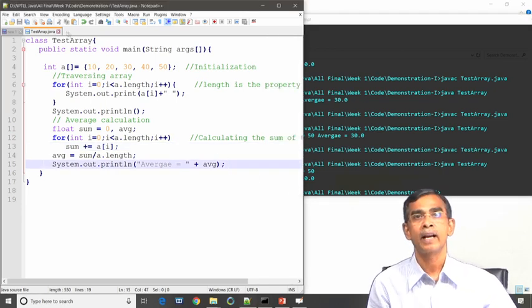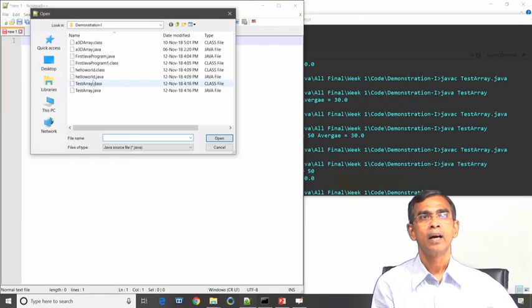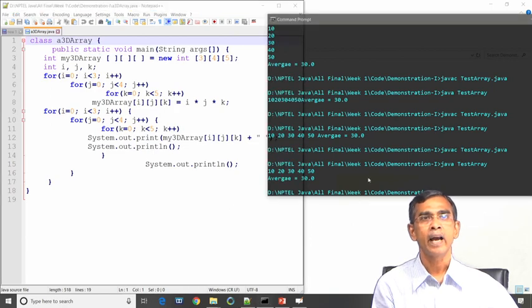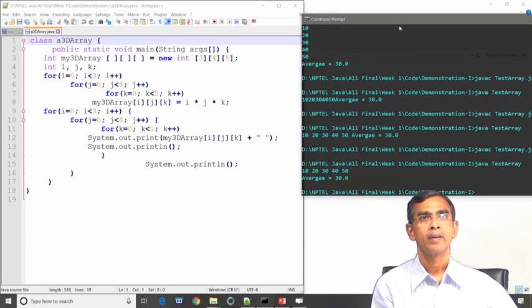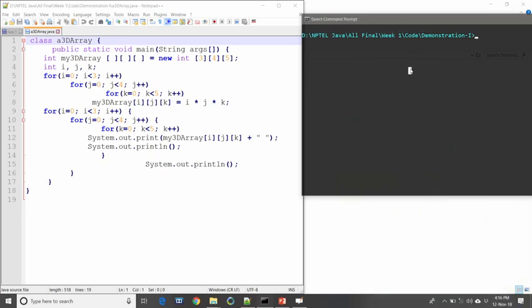So, let us come to another example. In this example we will consider the 3D array. Let us give the name of this program as A3D array, and you should save this program as A3D array dot java.